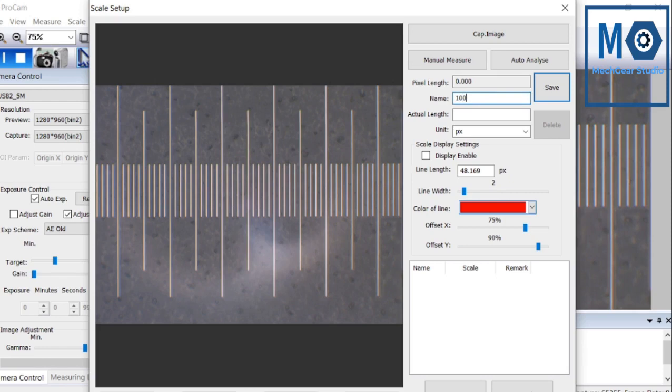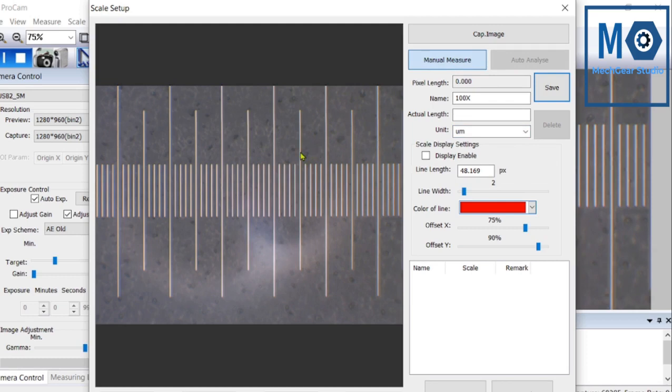We can assign any name to this scale. We are using 100x magnification right now, so we can give name 100x. Actual length we will select on the scale. This division available on our image, we will select actual length and we will assign this value in actual length box. We will select micrometer scale, micron scale.